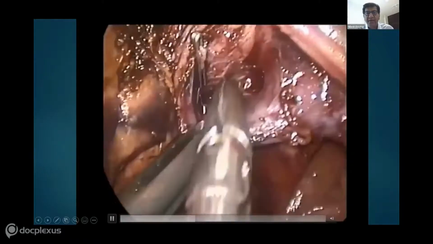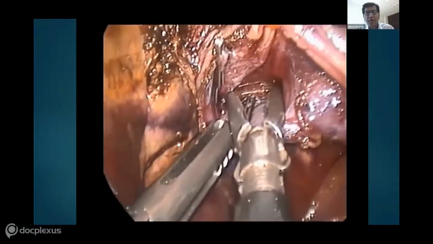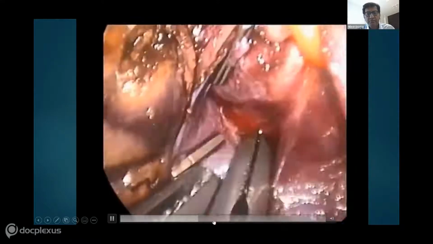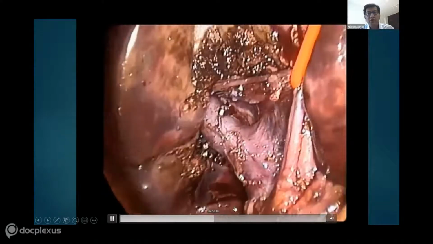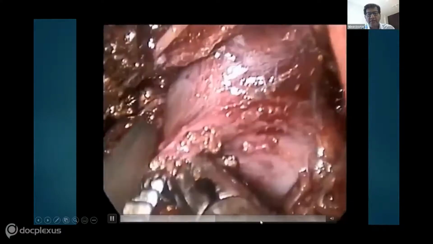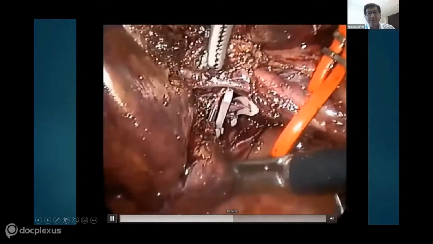Once you get an adequate length of the right posterior portal vein, you will be able to divide it and transect it. So here you can see the final dissection and encircling of the right posterior portal vein. Once that has been clipped, you will be able to then